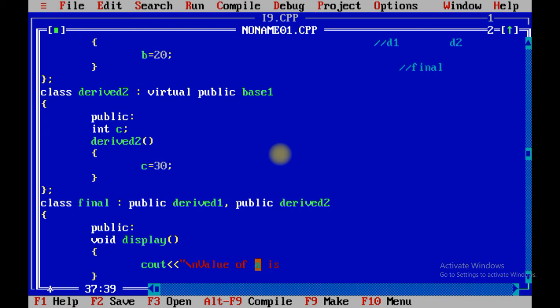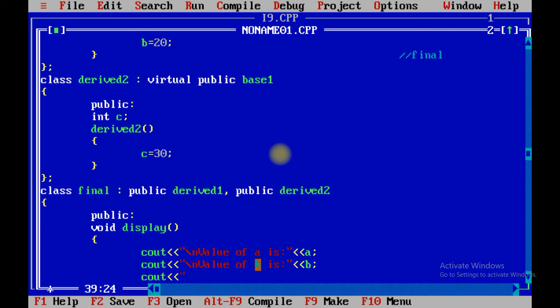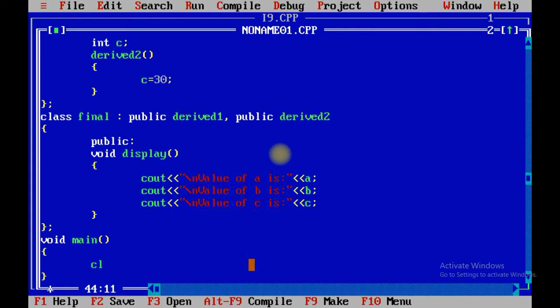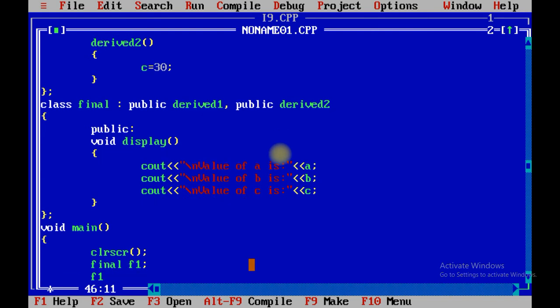Value of A is, cout A, value of B is, cout B, backslash n, value of C is, C. Now we just need to create the object of the final class and call the display method: final f1, f1 dot display. Let me save the program.